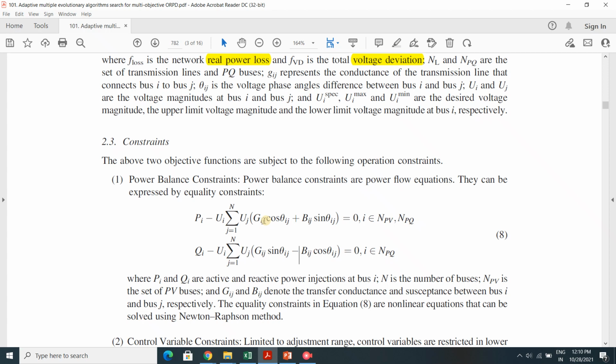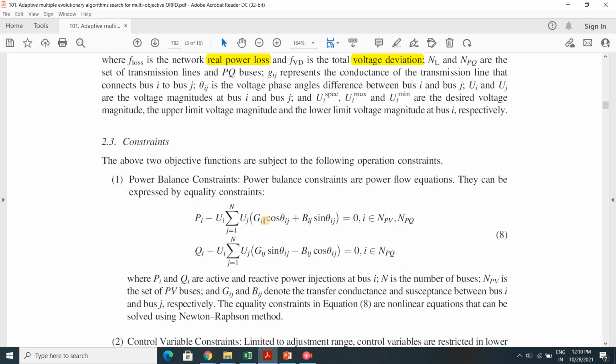This is a constraint, because whatever value of voltage you get after load flow, you have to put it in the actual power balance equation. Why? Because say there are 100 buses, you are getting 100 voltages, you are very happy, yes, I have got the results of 100 voltages. This is the load flow result. But if you check the power balance, it is seen that no, it is not satisfying the power balance equation, because generation should be equal to loss plus load.